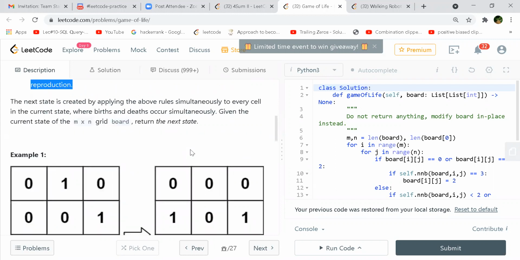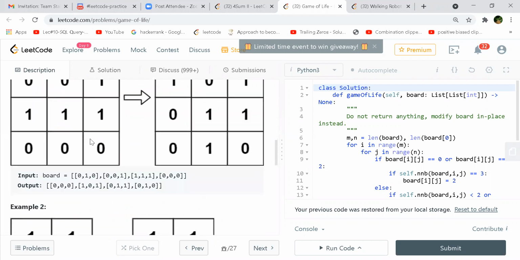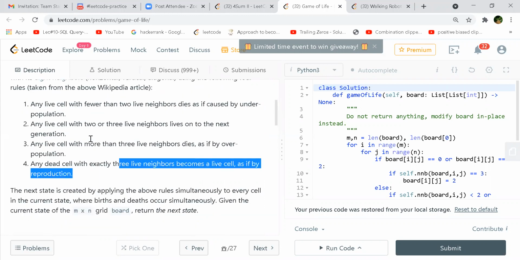So you have to return the next state given this grid, right? Okay, so the rules: a cell will always have 8 neighbors unless it is on the border. If it's on the border, it will have fewer. But whatever neighbors it has, if the neighbors with value 1 number fewer than 2, then it will die.